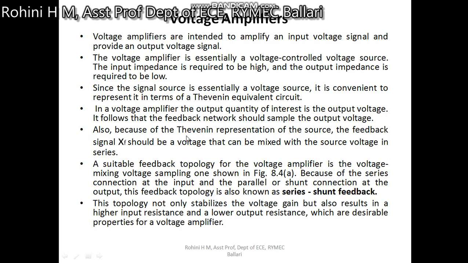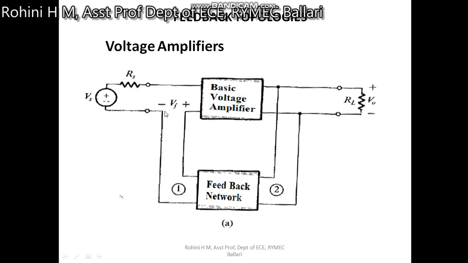Also, because of the Thevenin representation of the source, the feedback signal XF should be a voltage that can be mixed with the source voltage in series. So what happens here? The feedback signal should be mixed with the input signal, and then it is applied to the